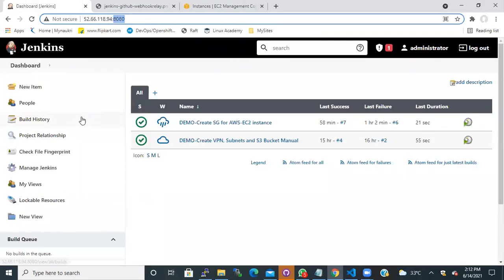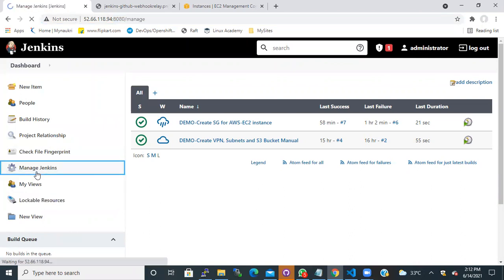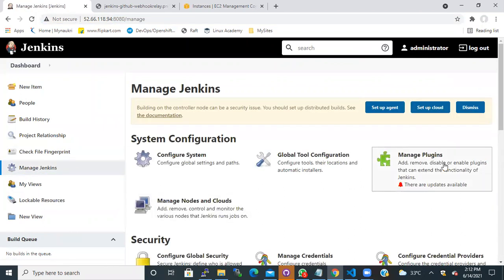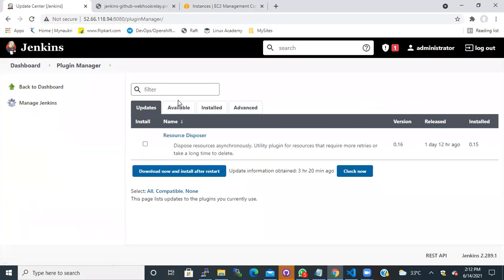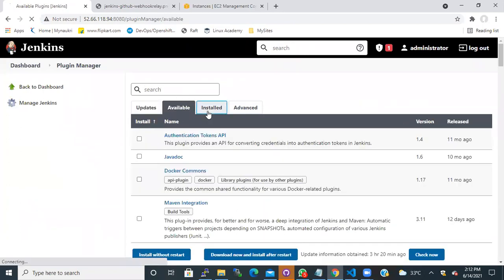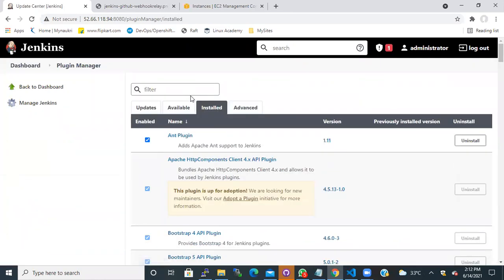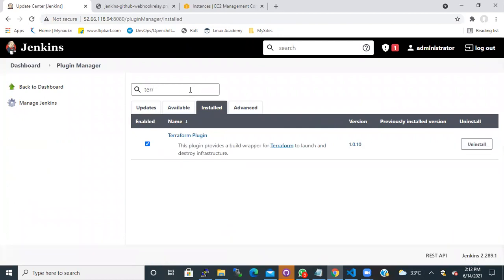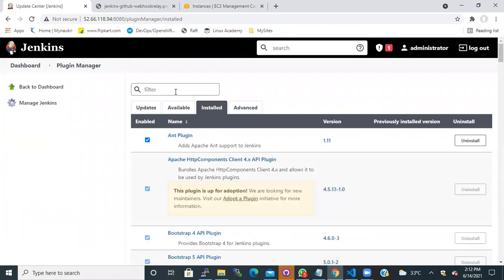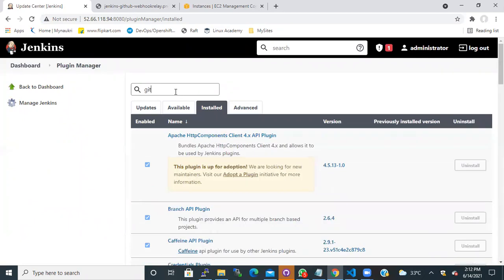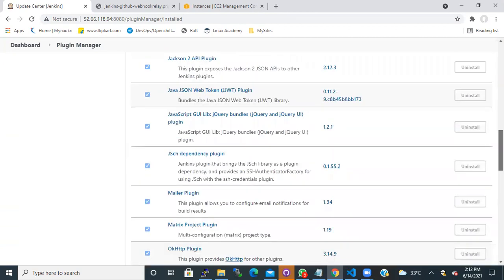In a similar way, we need to have the plugins installed on the Jenkins server. If you go to manage plugins and click on available or install plugins, if you see Terraform, my plugin is already installed. And then see Git plugin is there.